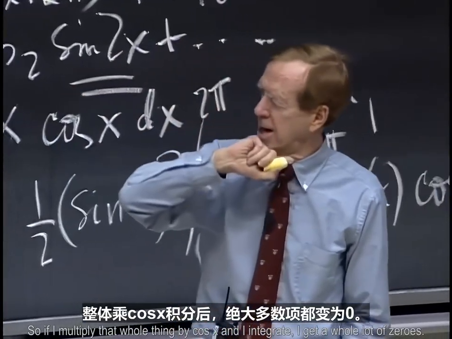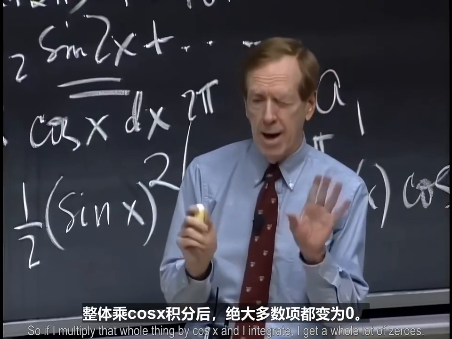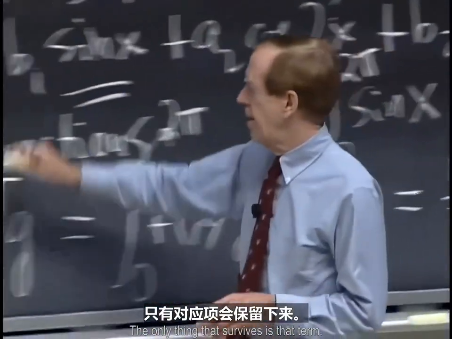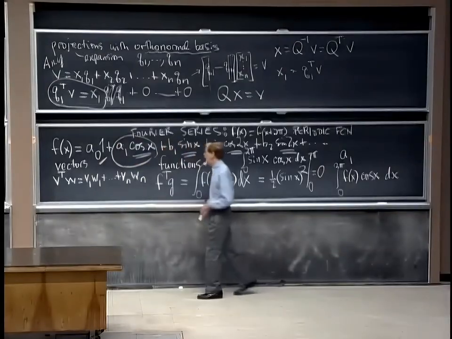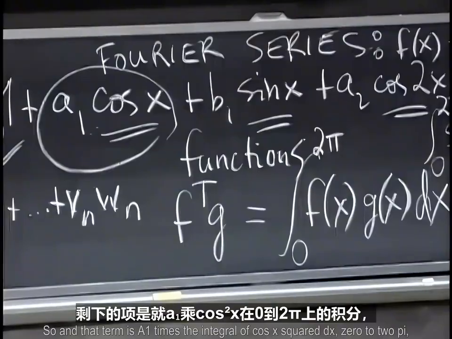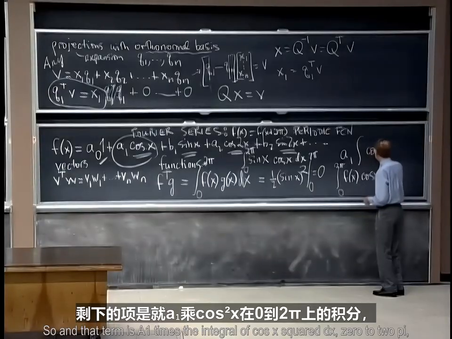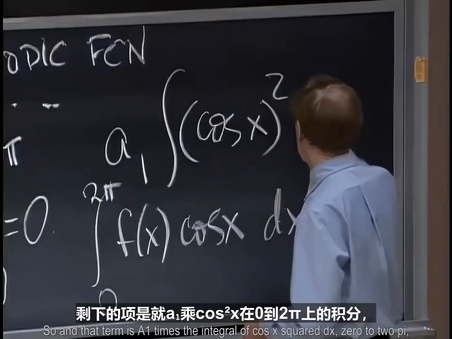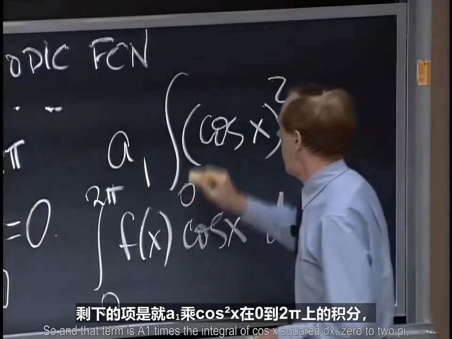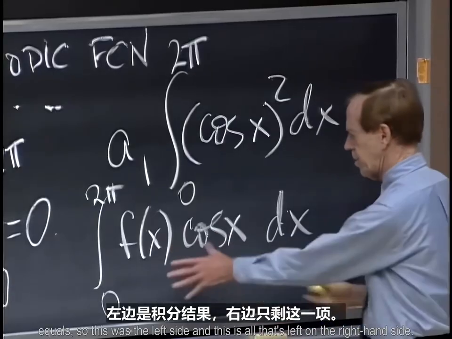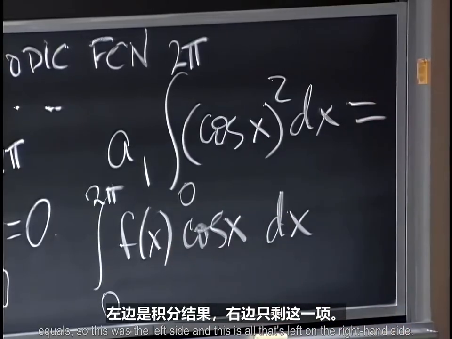Multiply by cosine x and integrate. That's what inner products are. So if I multiply that whole thing by cos x and I integrate, I get a whole lot of zeros. The only thing that survives is that term. All the others disappear. And that term is A1 times the integral of cos squared x dx, 0 to 2 pi,